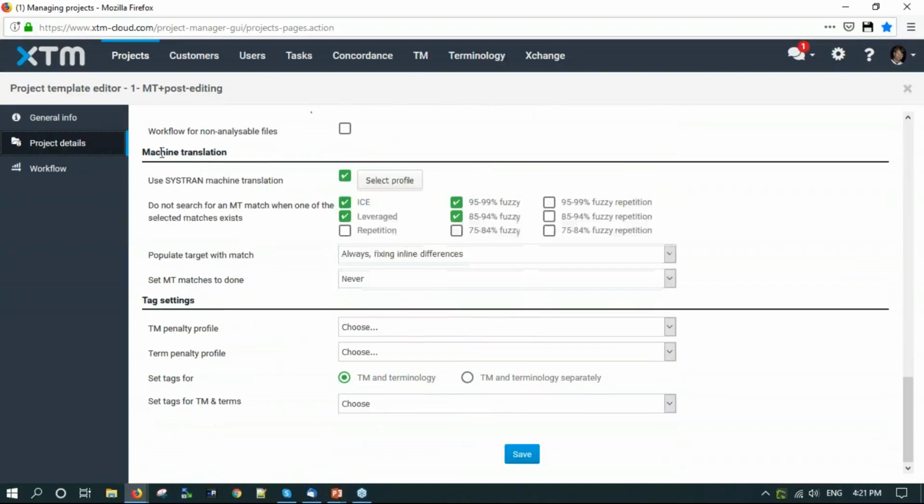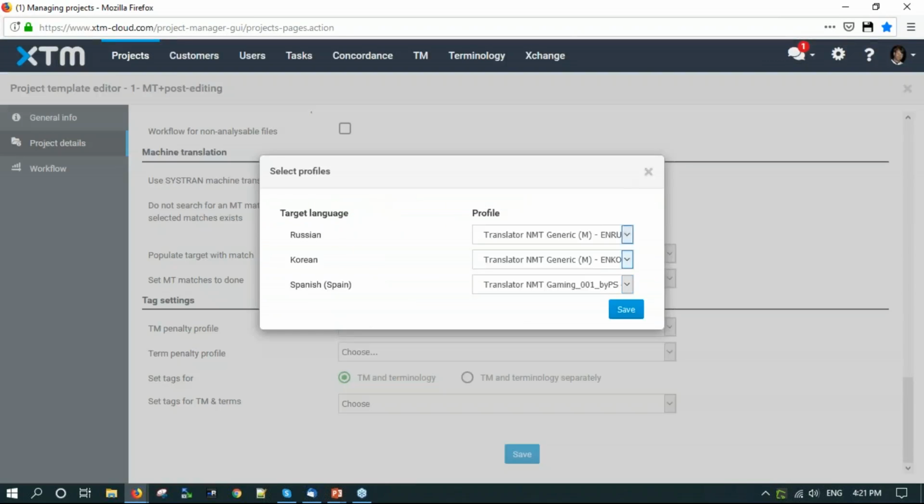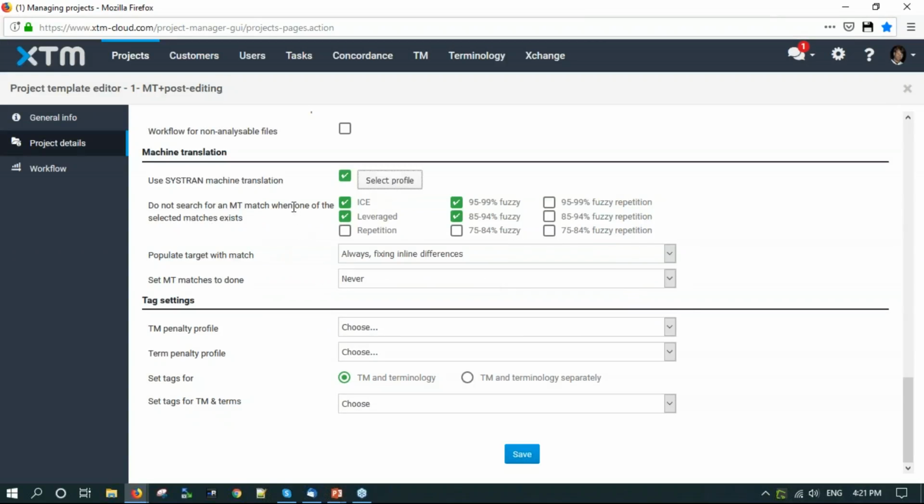So what's stored in this template will be set automatically when I create a project using this template. Scroll down here and you'll see these familiar MT settings. I've got my SYSTRAN turned on. My profiles are all selected per language. So I set my TM threshold, whatever it may be. If the MT is proving to be very good and they're getting quite good, then you can start hiving off some of these